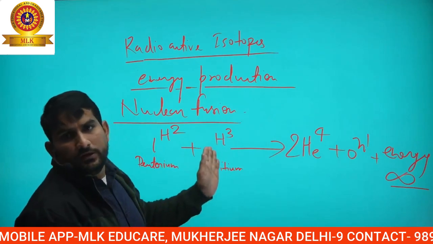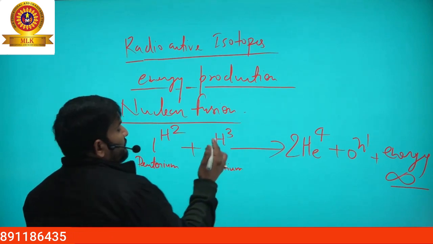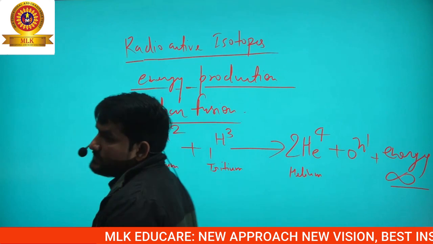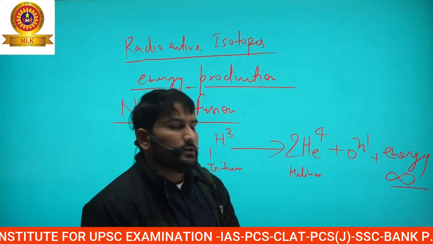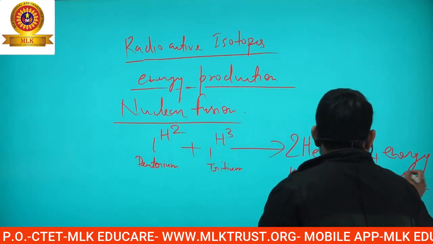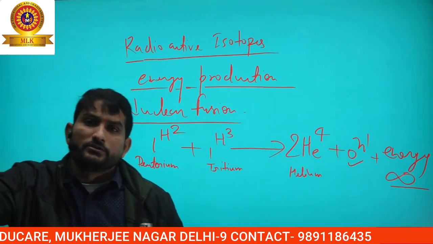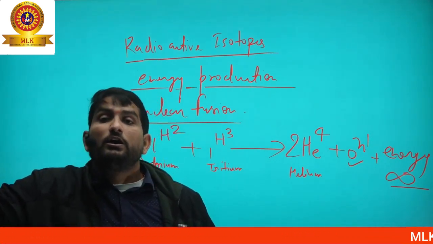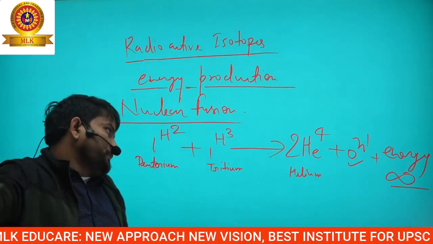These are the isotopes of the hydrogen, ठीक है, deuterium and tritium। They fused together and they formed the helium atom, which is larger nucleus, ठीक है। This helium atom, this is the larger nucleus, and the release of the neutron, and it is producing the infinite energy। कितनी एनर्जी निकलती है? इनफाइनाइट, इसकी कोई लिमिट नहीं, डिपेंड्स ऑन द क्वांटिटी ऑफ द मटेरियल, ओके।